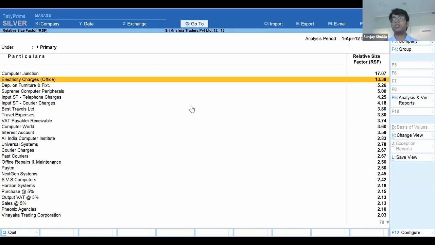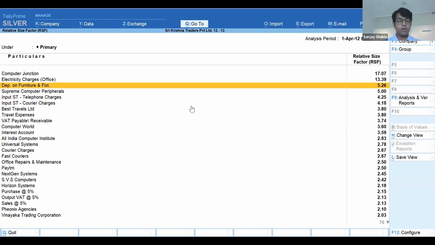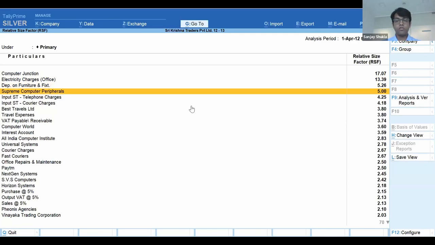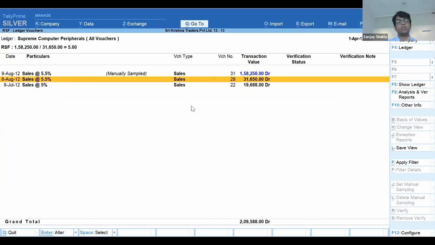Automatically, it will pick up what is the top transaction in a ledger, divide by the second top transaction in the same ledger, and it will give you the result. Now for this particular ledger, Supreme Computer Peripherals, this is basically a customer, wherein the sale happens around 20 to 30,000,